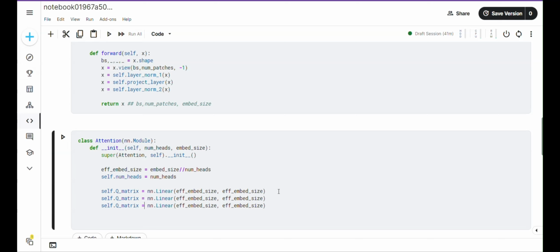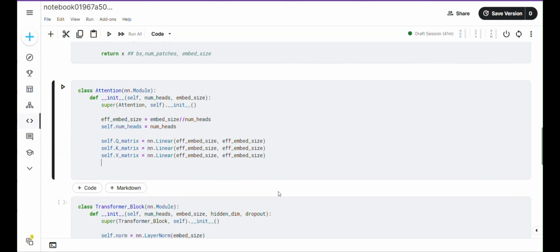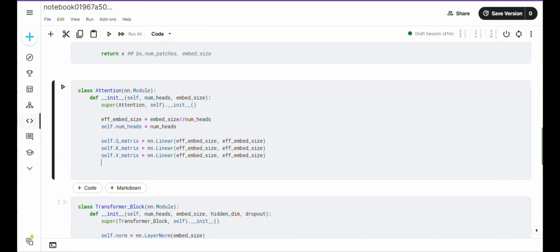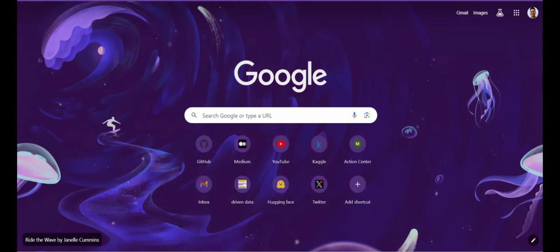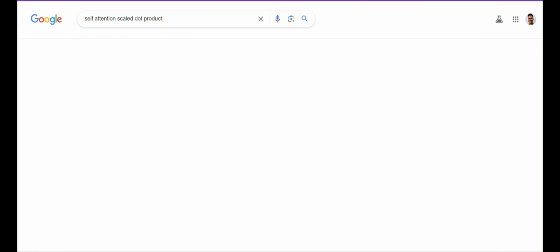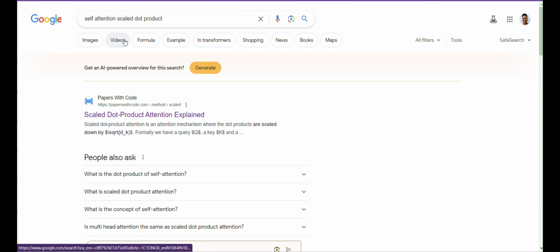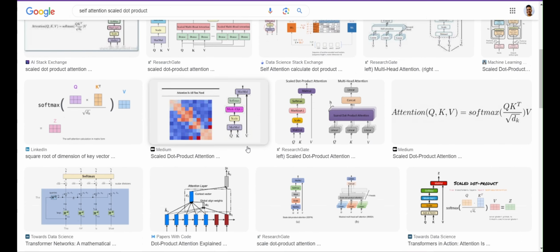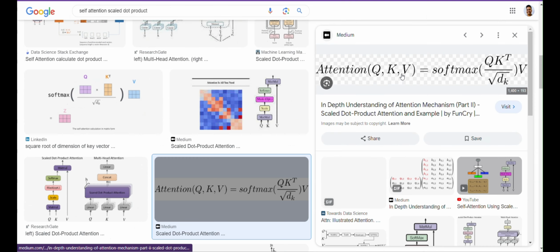We'll change it to V, QK. Then we'll find out. See, if you search self attention, let us search self attention is scale.py images. This attention takes the input of QKV, and this is attention for